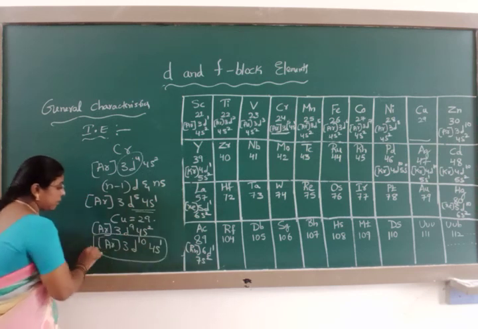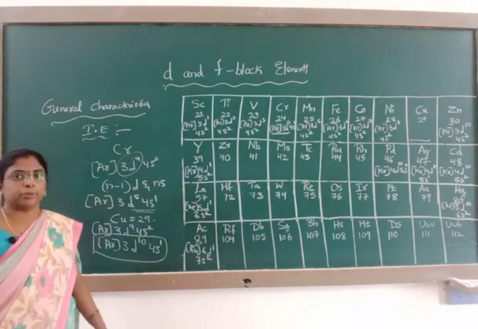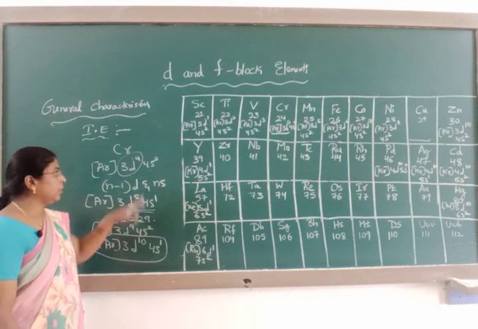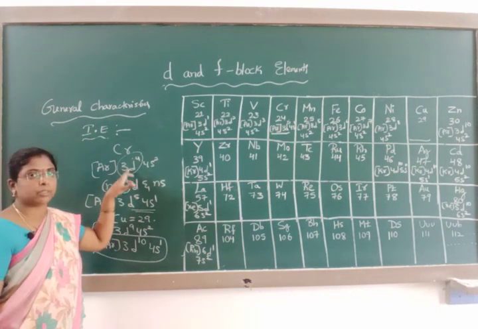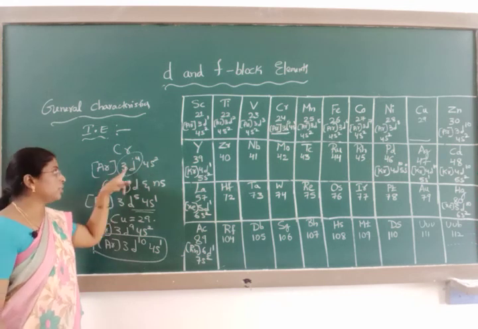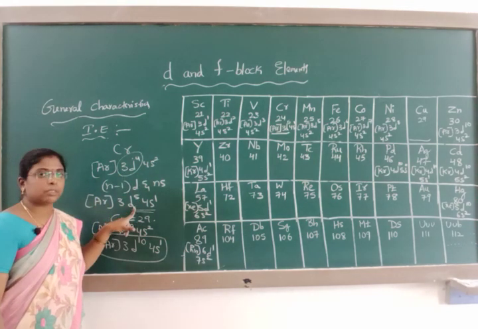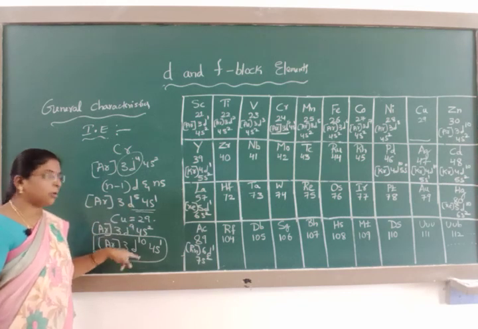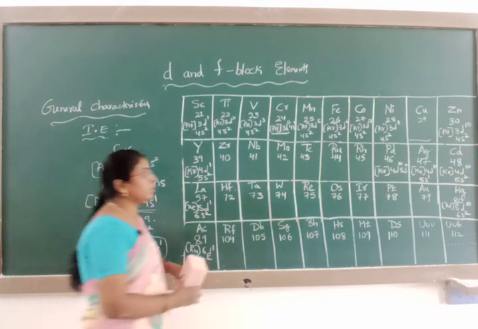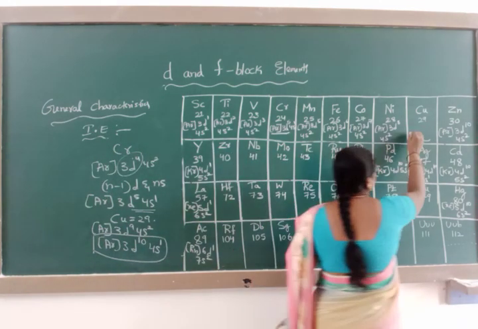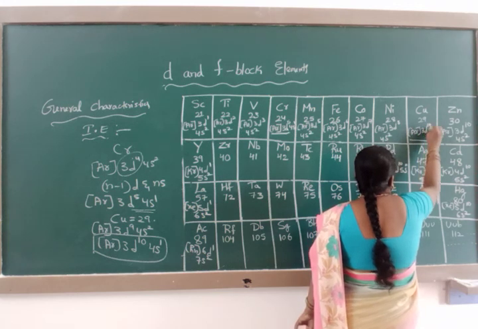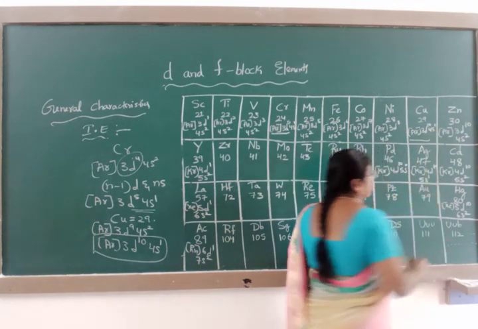These are very important in the exam. You get a 1 mark question: which are the two elements that, to attain stability, transfer an electron from 4s to 3d? For chromium, if one electron is transferred to 3d, it attains a stable half-filled configuration, and copper will attain a stable completely filled orbital. The electronic configuration for copper becomes argon 3d10 4s1.